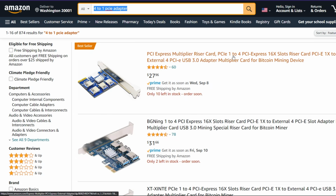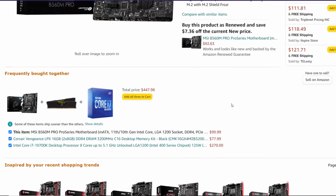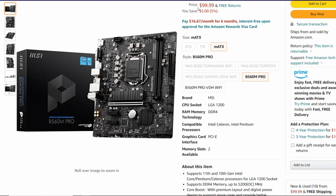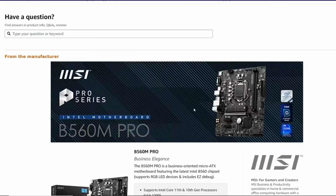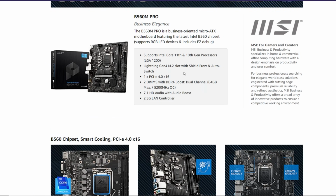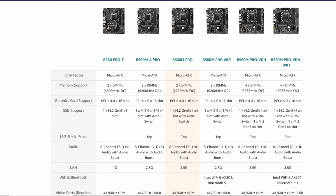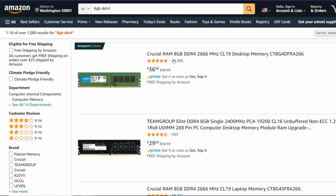We can actually just Google that right now. 8 gigabyte DDR4. And if you want to see which RAM is compatible with this motherboard, you simply look at the specs, and most likely you'll have to go to the support website of MSI for this board specifically to see what is compatible. So maybe 2666 RAM, or maybe 2400 or 3200 RAM. Let's see here, 2 DIMM 5200 megahertz OC. Wow. Okay, well,